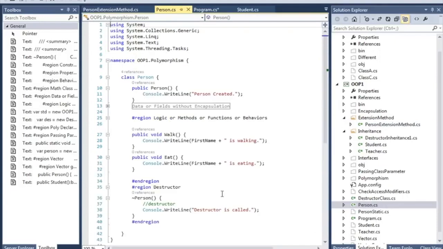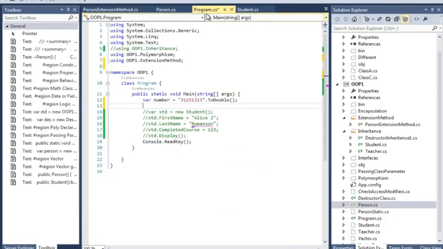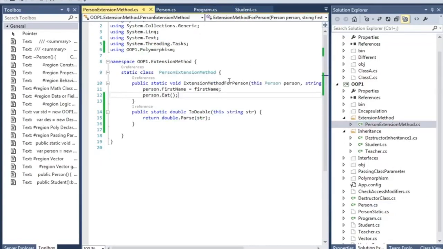So if you see the person class, it's really fixed. We're not adding anything here, but we really want to add something so that it will eventually come up in the student class and in the teacher class. So that's the extensibility that we want to have.